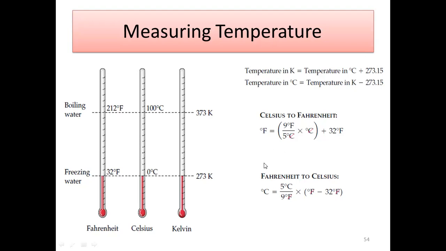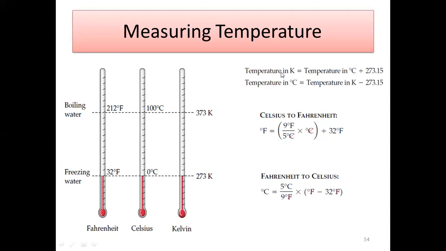Let's suppose the temperature in Fahrenheit is given and I ask to convert into the Kelvin. Then first you have to get the value in the centigrade, and then you have to put the centigrade over here to convert into the Kelvin. So first you have to use this formula to put the value of the Fahrenheit over here to get the value of the centigrade, and then you will put the value of the centigrade over here to convert into the Kelvin. And this will be the vice versa.